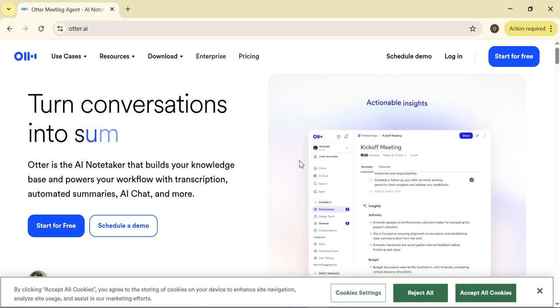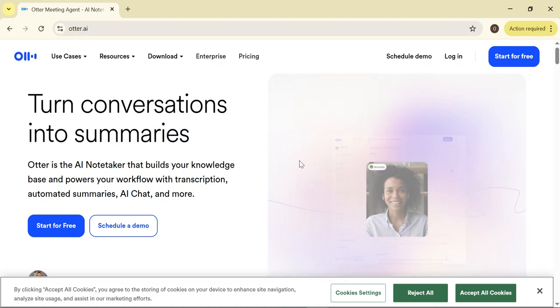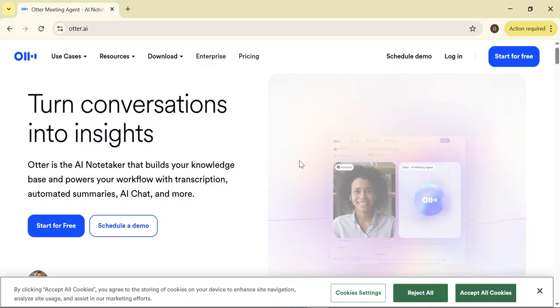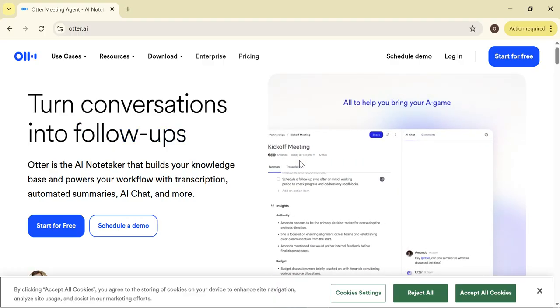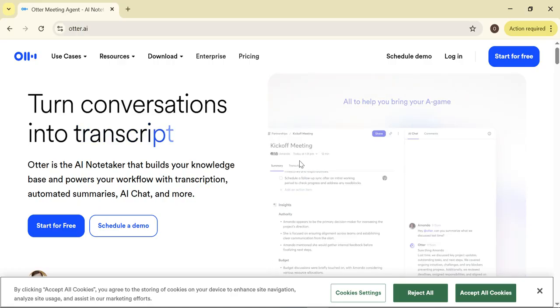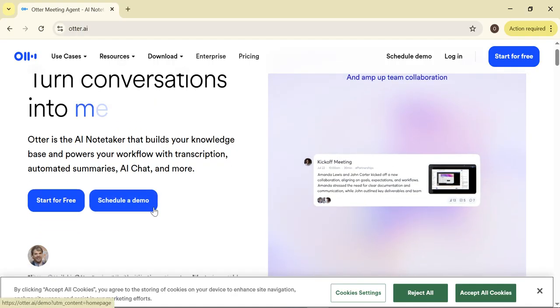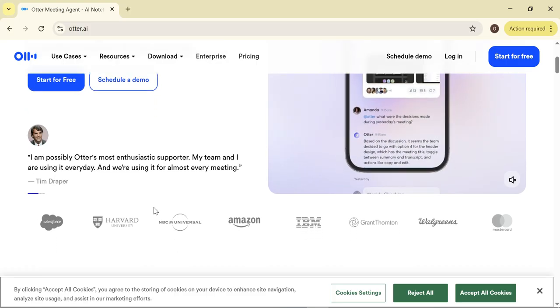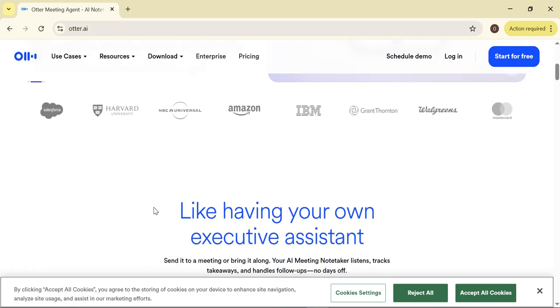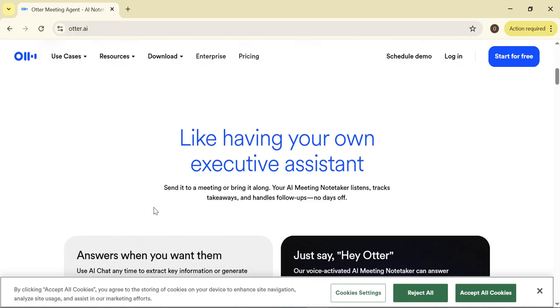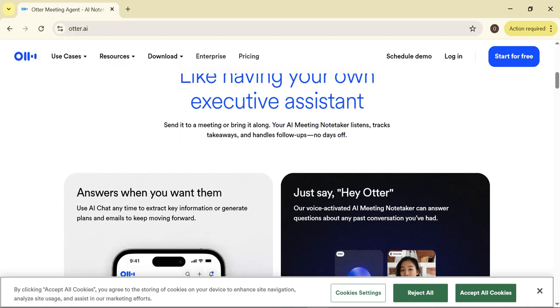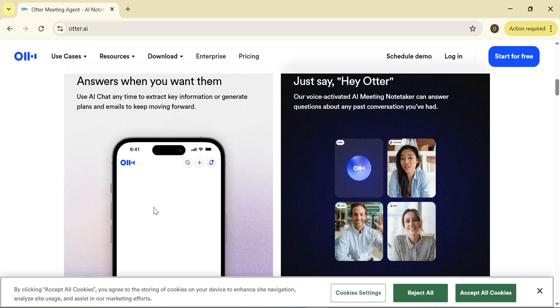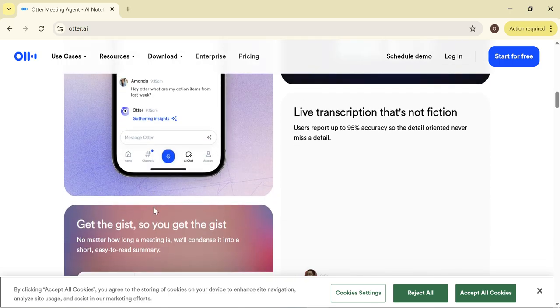Today we are exploring one of the most powerful tools for managing information overload, Otter AI. If you ever struggle to keep track of meeting discussions or wished you could instantly search for keywords, action items, or decisions, Otter has you covered. I'll walk you through how to set it up, how it records and transcribes your meetings, and how to turn those transcriptions into well organized searchable notes. By the end of this video, you will know exactly how to use Otter AI to stay organized, productive, and always on top of your meetings.